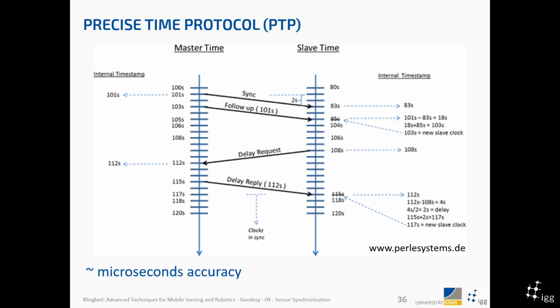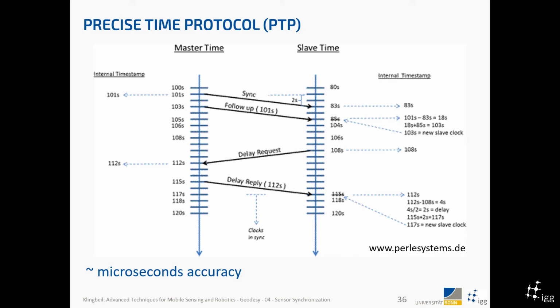But this is still not the correct one, because this clock here, this time now, these 18 seconds here, does not include the actual travel time between master and slave, right? So this is not in there, and this is why there is a so-called delay request. That means that the slave sends a request to the master, and the master then sends back the time when it received that delay request, right? So these 112 seconds here, when it receives that delay request, are written into some reply, and the reply is then going here, right? And what the slave can do then is use this